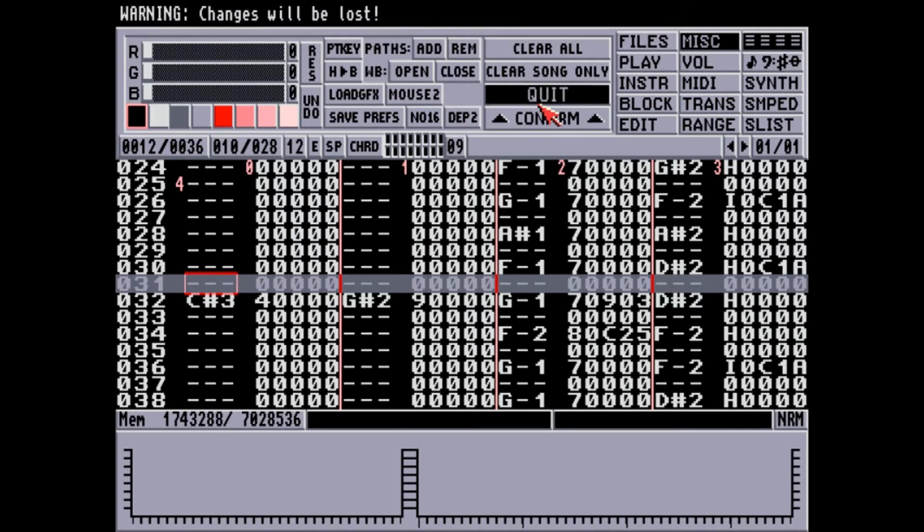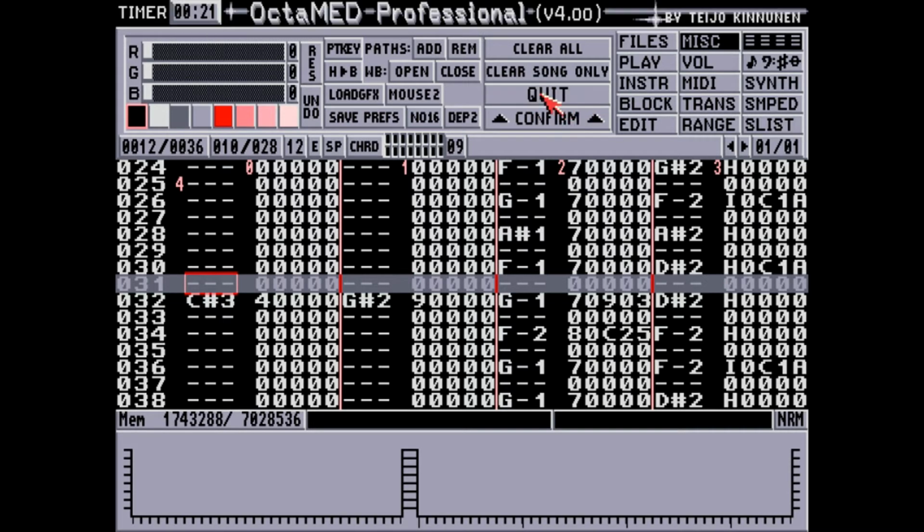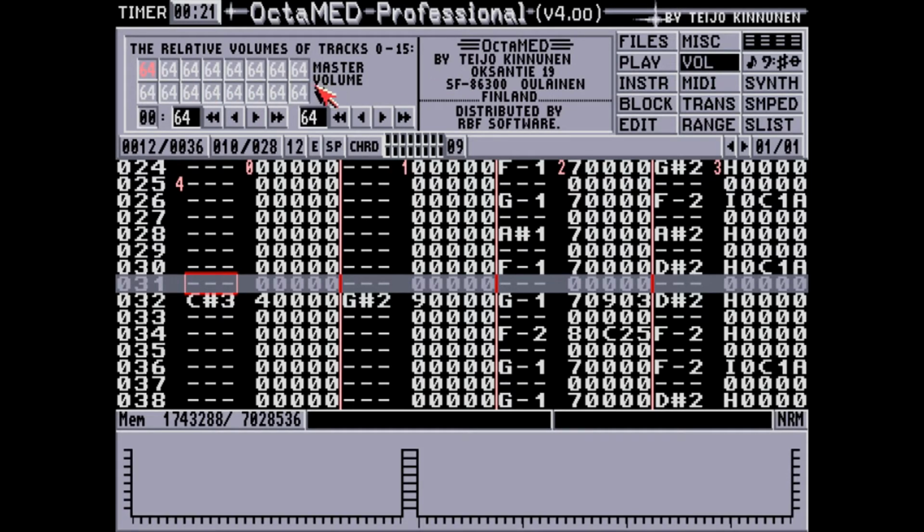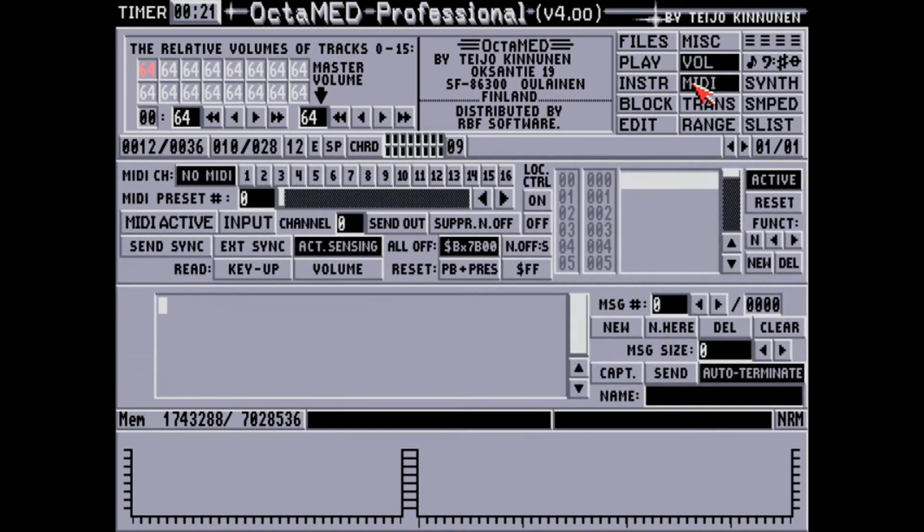You have to quit and then confirm. Just in case you've wandered into the miscellaneous tab just by mistake and you've clicked on quit just by mistake, and then just by mistake you've just lost the whole program. So they put the confirm in there, which as far as I'm concerned is rubbish. When you want to quit the program, you can change each of the master volumes on the MIDI, each individually,